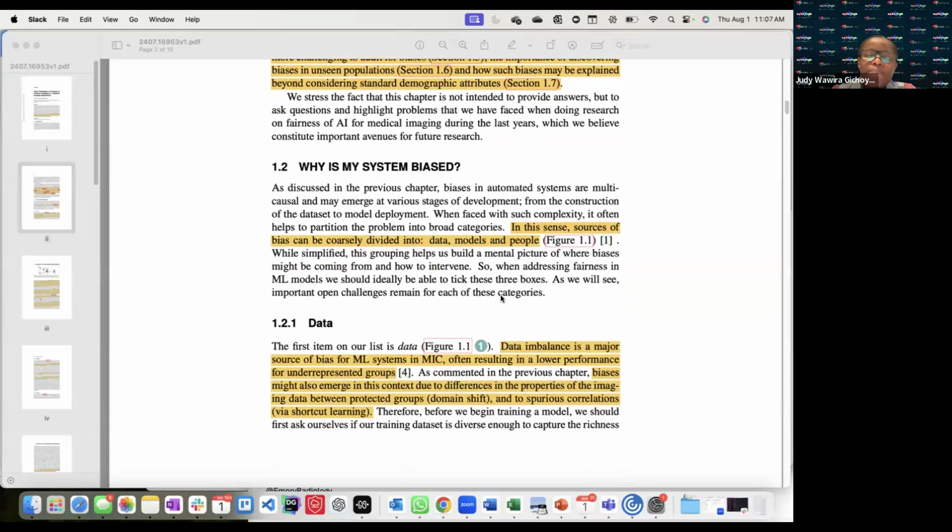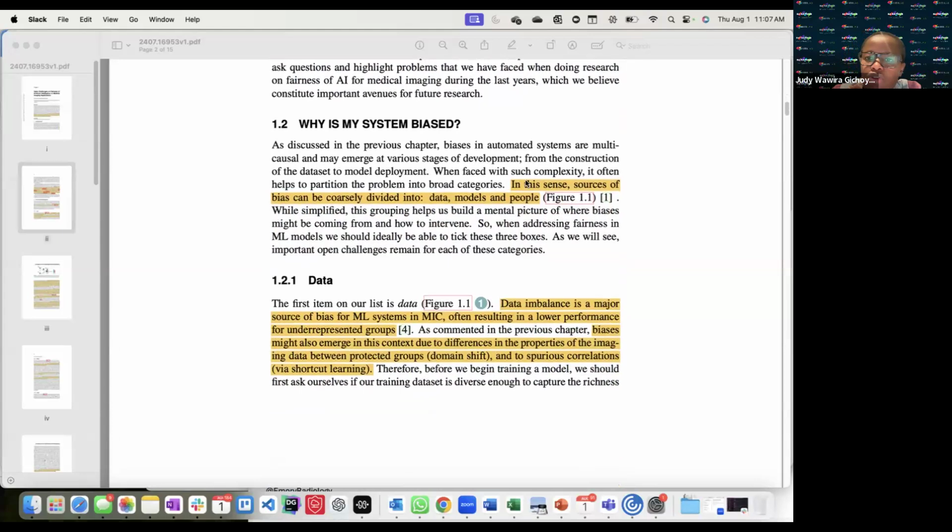So, as usual, most of us will agree that bias is divided into data, models, and people. And this is an area that our group has really been thinking about a lot. We spent pretty much the first half of this year trying to narrow down when do you say a model is biased? And as recent as one of our summer students, when I was presenting 2 weeks ago,